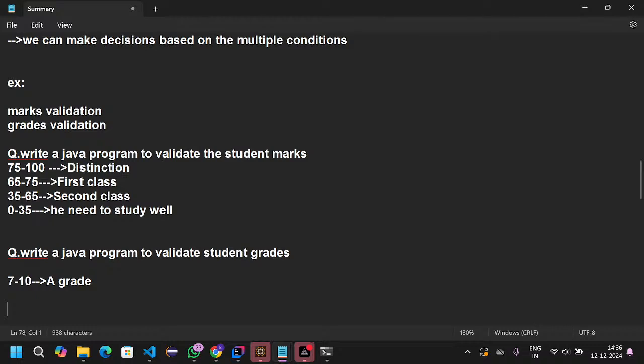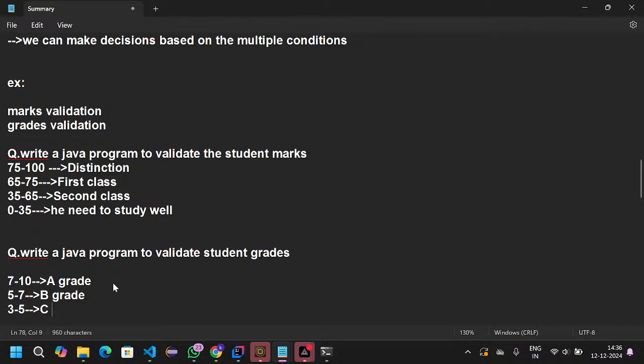If the student got 5 to 7, then you can display a B grade. Then if the grade is in between 3 to 5,